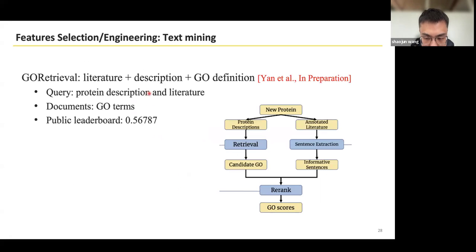Geo retrieval, on the other hand, takes into account the textual information of the proteins and then considers the definition text of geoterms. The textual information of each protein is regarded as a query, and the text of geoterms is regarded as a document to find the most relevant functional information on the proteins by information retrieval methods.